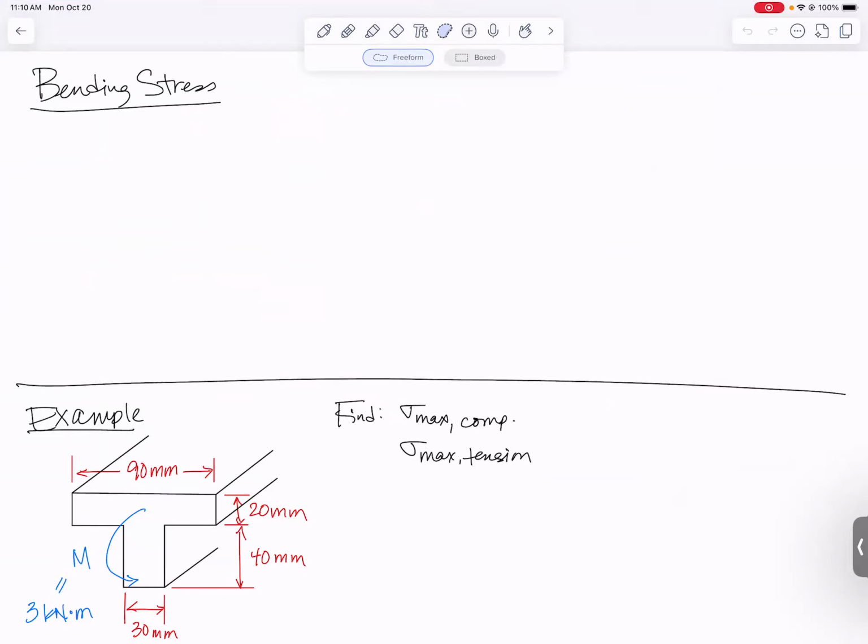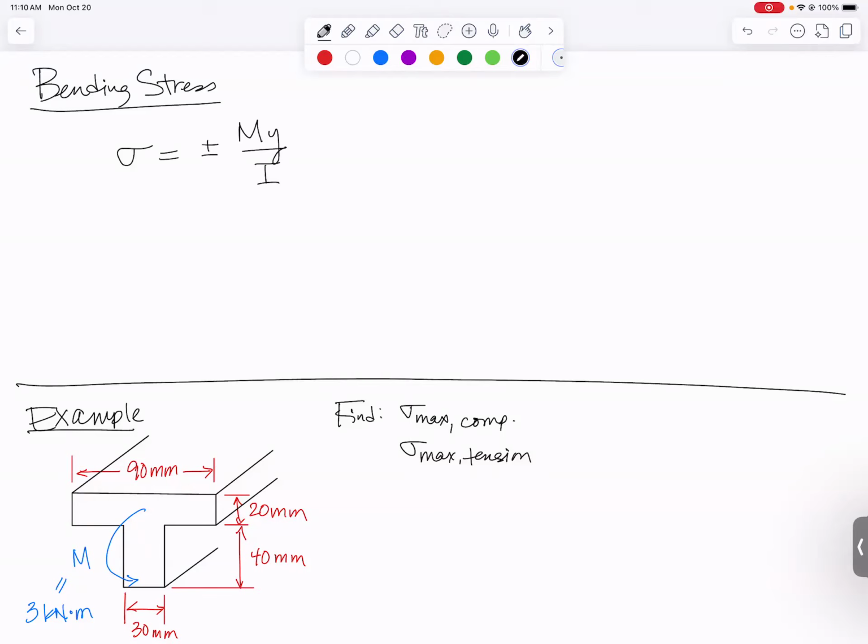Welcome back. Today we're going to continue solving problems involving bending stress. So quick recap. Our equation is bending stress is a normal stress, that's tension or compression, and we calculate it using our internal bending moment times a y distance measured from the centroid divided by the moment of inertia of